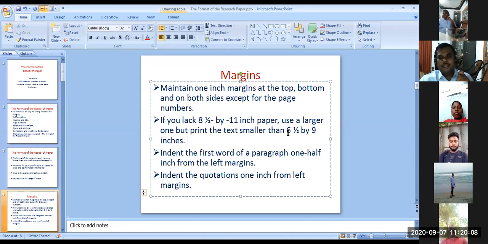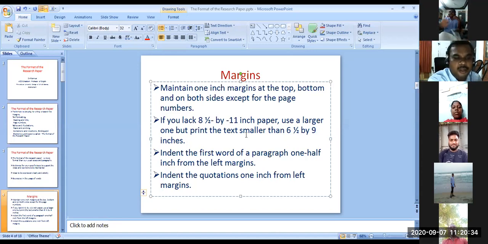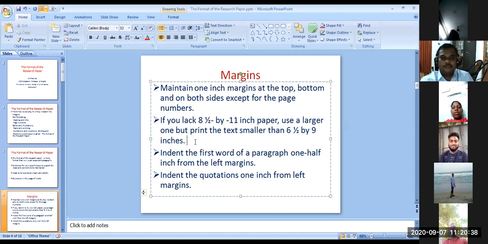The printable area should be 6.5 by 9 inches. So you have to understand that our printable area must be only within this.